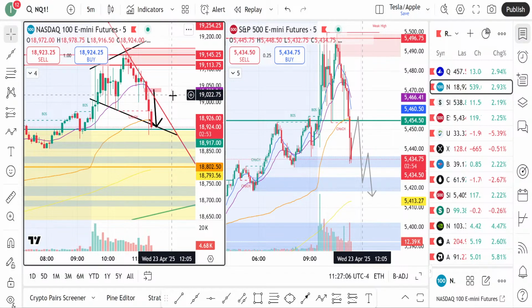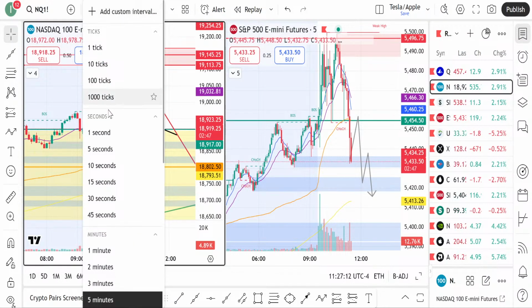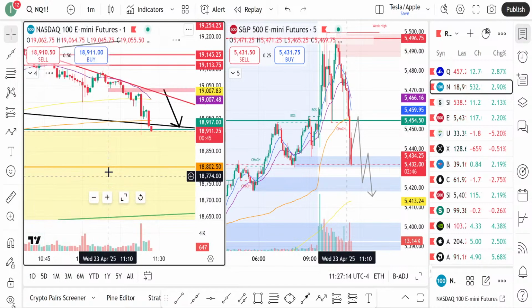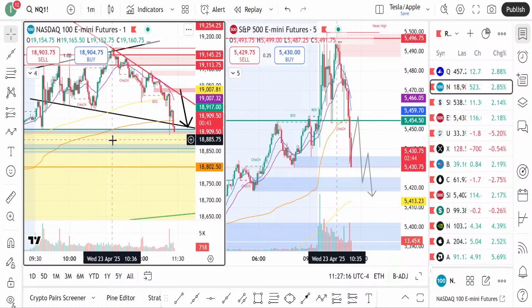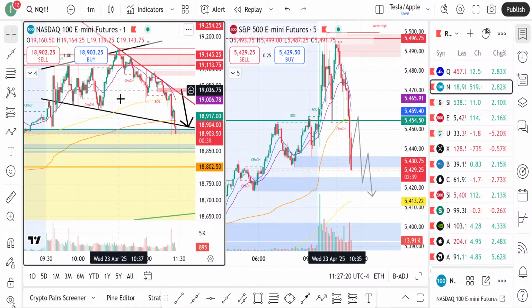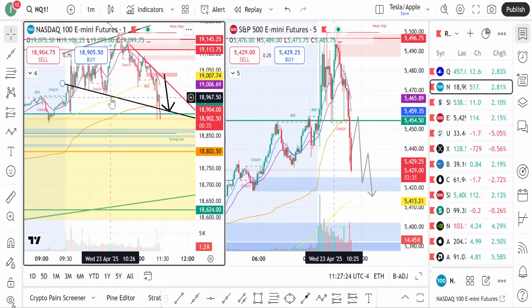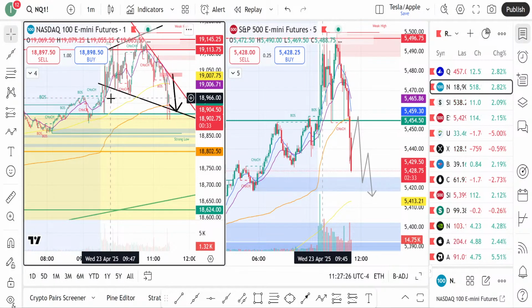Looks like we have potential to go lower. If you want to get in on shorts, I would say try to look for a pullback, so that way you can get a good entry. Other than that, we'll just wait and see what's going on, where the market wants to go, what it wants to do,